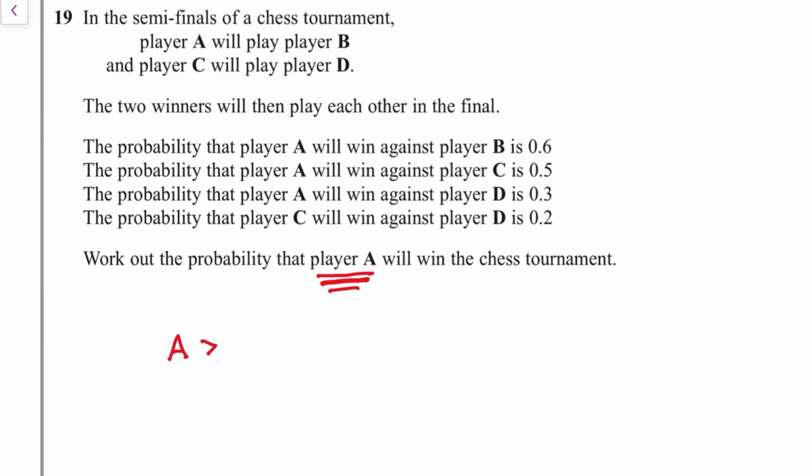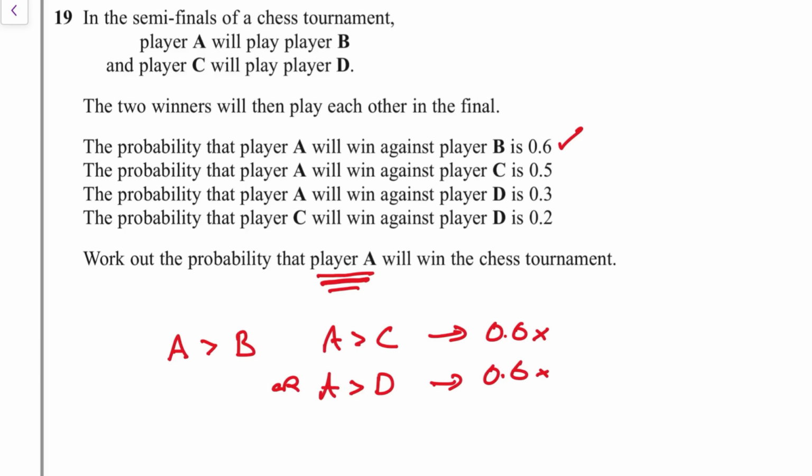So for A to win, A must beat B, and then A must beat C, or A must beat D, depending on which wins out of their match. So I've got two combinations of things that can happen here. A beats B and then A beats C, or A beats B and A beats D. Either way, A must beat B, so I'm going to use this 0.6 here in both cases, so 0.6 and